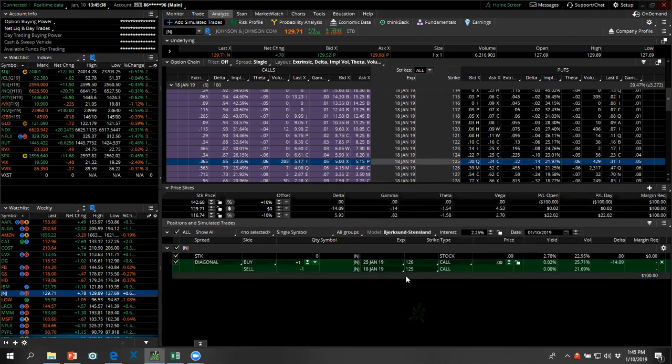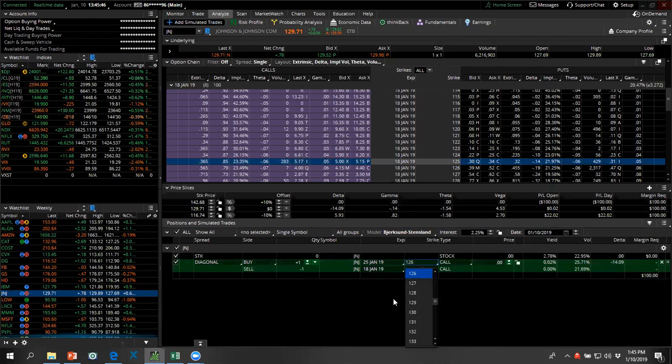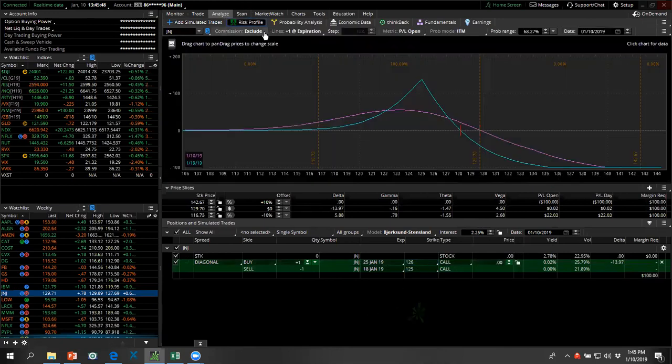And you can see the template in Thinkorswim comes right up. We're going to sell the short term. We're going to buy something further out in time at a different strike, in this case a higher strike. And it looks something like that. Same idea. You could get diversified this way as well.